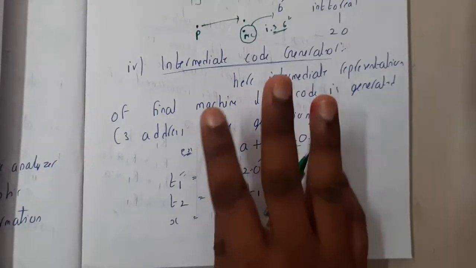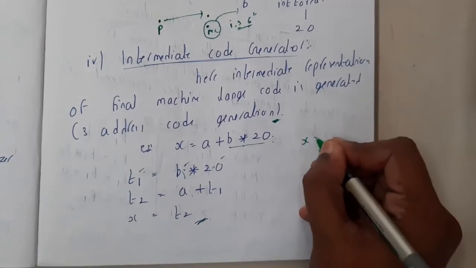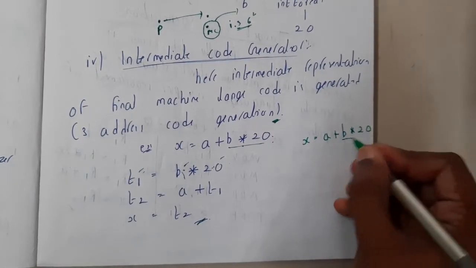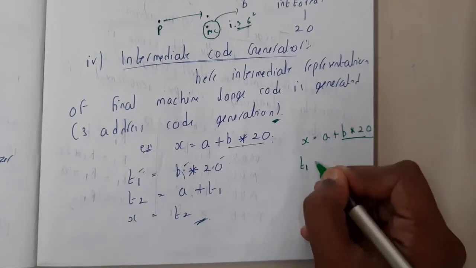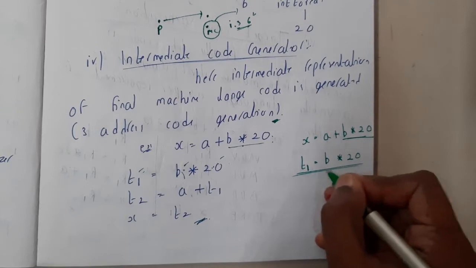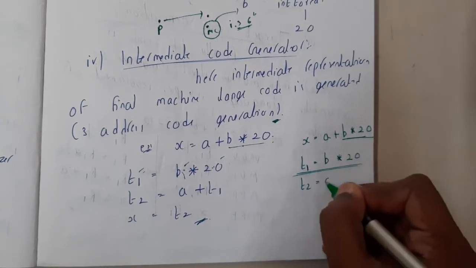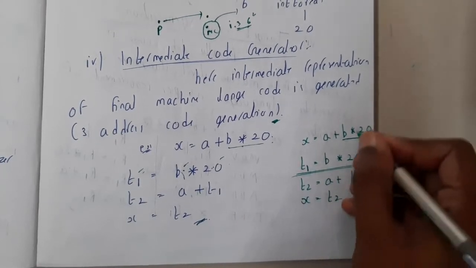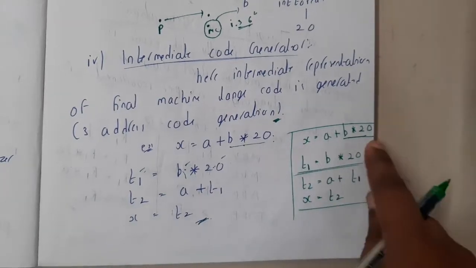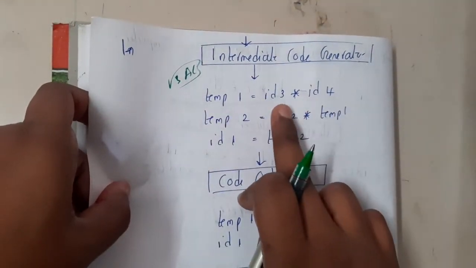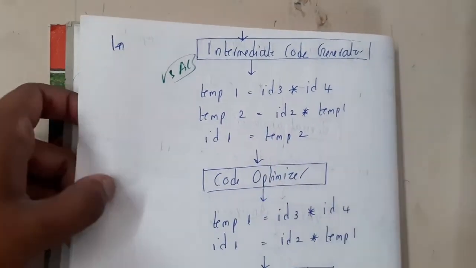When it comes to 3 address code, whatever you are doing should be at a maximum of 3 addresses. So if this is my equation, first I am going to perform b into 20, right? So let us take a temporary variable t1 and substitute b into 20 here. Once this result is out, I can perform t2, right? So t2 is equal to a plus this result, that is t1. So at the end I am going to substitute it in x. So this is nothing but the 3 address code for this particular simple code. Got it? In the same way, after this page you can find the same thing written here also. Basically, instead of writing a and b, you need to write ID3, ID2, ID1 in that format.